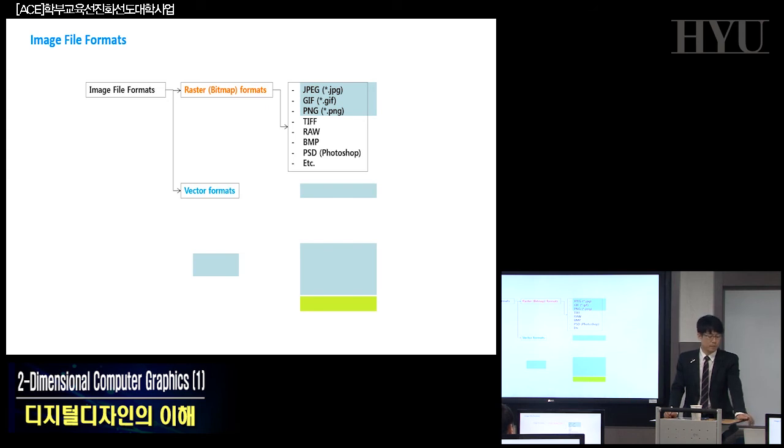And there are some more formats, TIF, RAW, BMP, and Photoshop PSD files. They are all bitmap formats. But the blue background formats are the commonly used ones. JPEG is very famous; when you are using the internet, a web browser, you may find a lot of JPEG images. Also GIF,